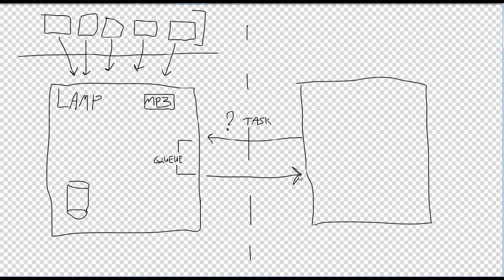So that's the description of MP3 files with their positions. That is the task. And then this will render it to one MP3 file, and submit the end result. And it will be stored on the file system